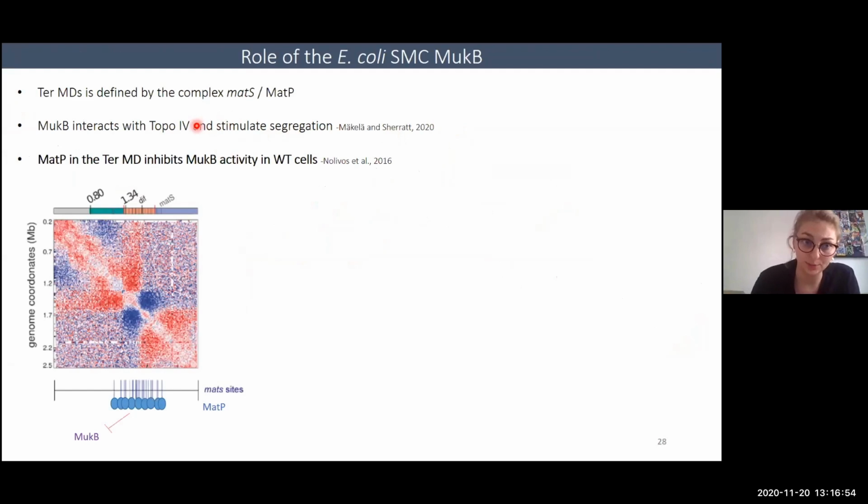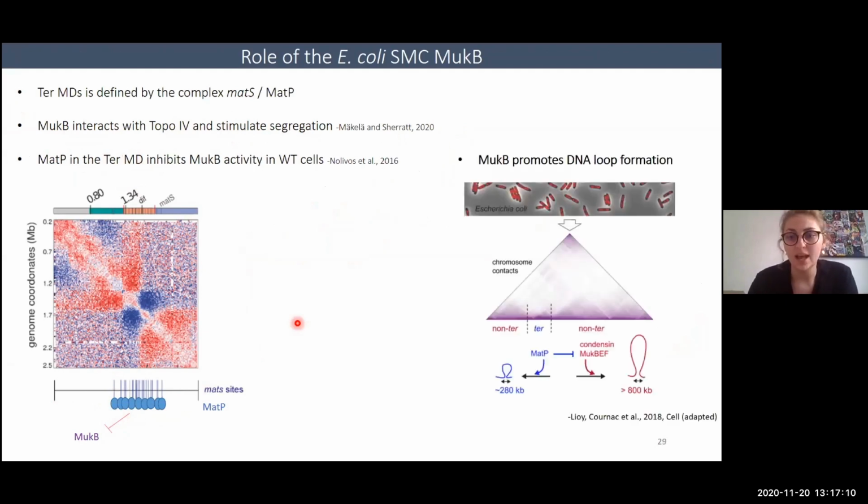Another key determinant of the TER macrodomain is the E. coli SMC MukB. Interestingly, MukB has been shown to interact with Topo IV and stimulate segregation. And also MatP in the TER domain inhibits MukB activity in wild type cells. So basically MukB is kept out of the TER domain by MatP. And recently, Vicky Liol and Axel Kornak showed in 2018 that MukB promotes DNA loop formation. So it seems to be a cool candidate to look at